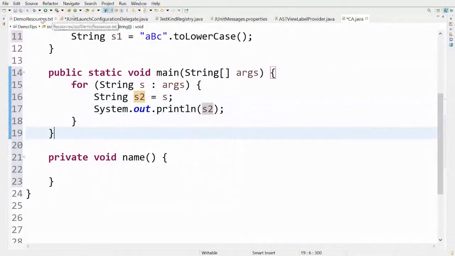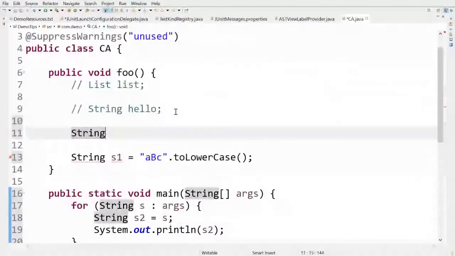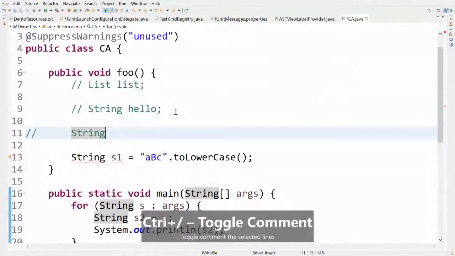This will allow you to insert the proposals only when you press enter, and they will not be inserted unexpectedly. So after this, if I type anything, you can see that without pressing Control Space or typing a dot, I am getting the content assist pop-up activated.